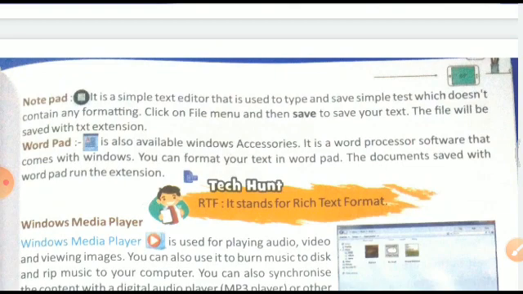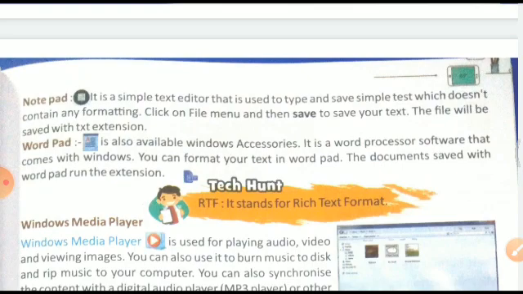Remember, .txt. Right now, when this video goes to you, you will find that files have some extension, like .pdf or .jpg, or it might be anything. These are all extensions, which are written after the dot. There are 3 letters only.